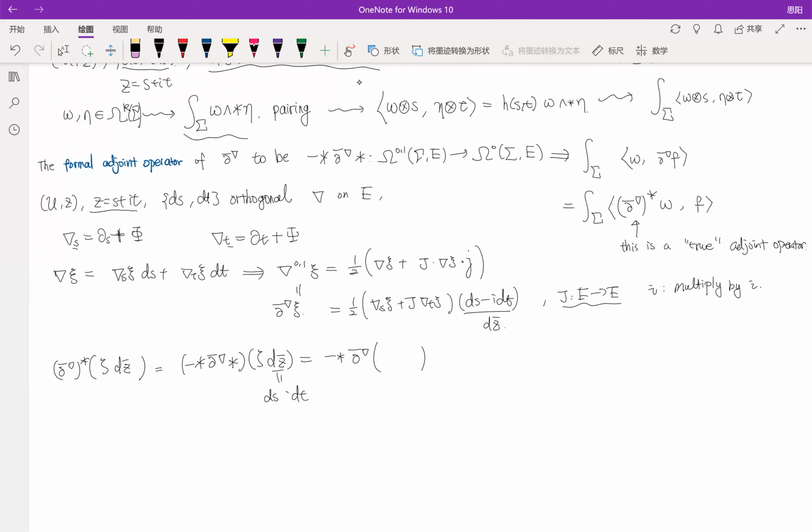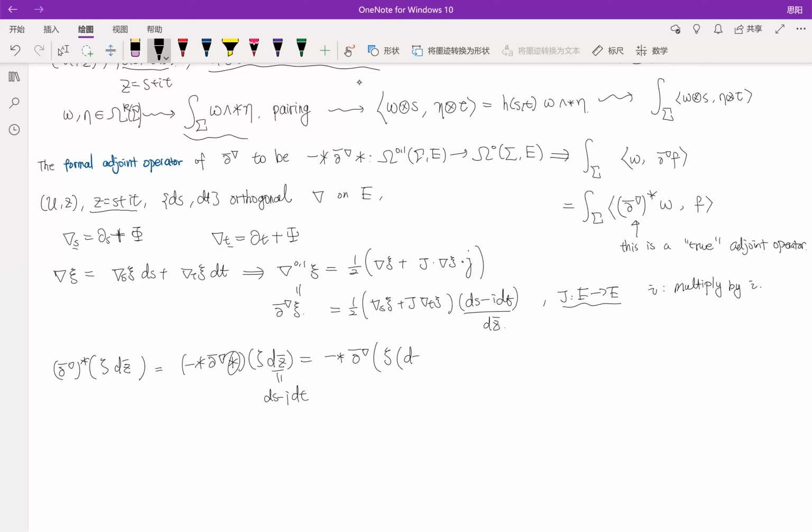So the Hodge operator will map it into ds, zeta,